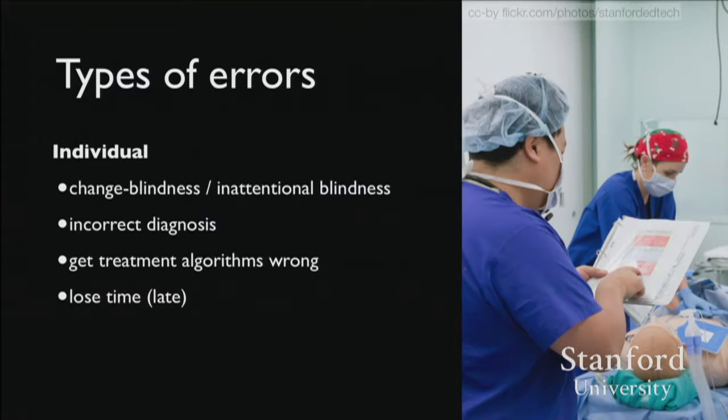So perhaps they shock and then check for the pulse instead of doing CPR immediately. Or perhaps they're compressing too slowly or not deep enough. And one thing we also noticed is that they lose time and they just do things late. So actually in one of the scenarios we watched,